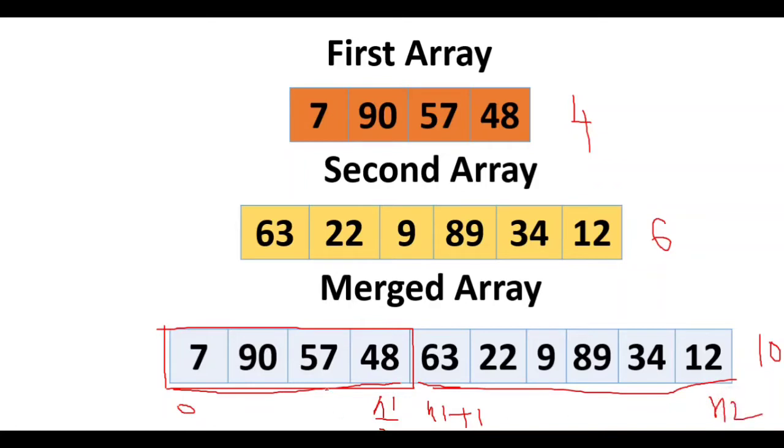And my n1 is 4. So what position will I get? I will get the value 4, and that is the position of the first element of my second array. Similarly, i will increment and become 1, and I will get the position for the next element of the second array. And this loop will run up to n2. Now let's go to IntelliJ and type the code for this logic.